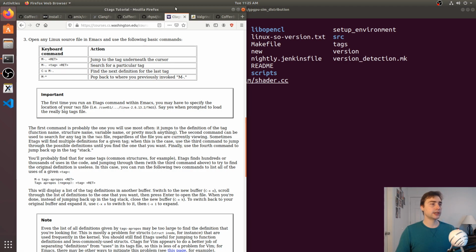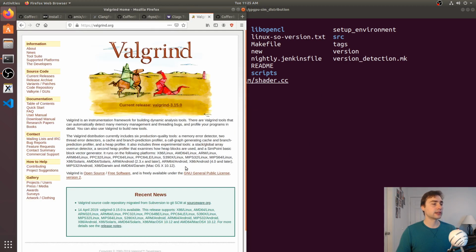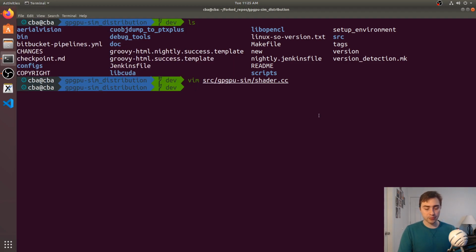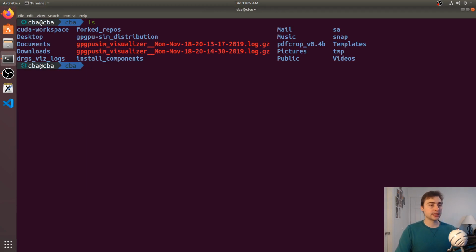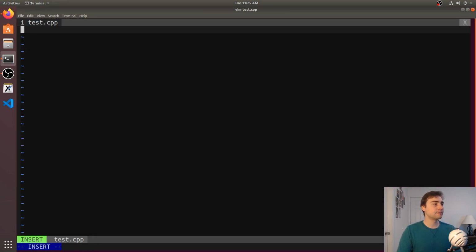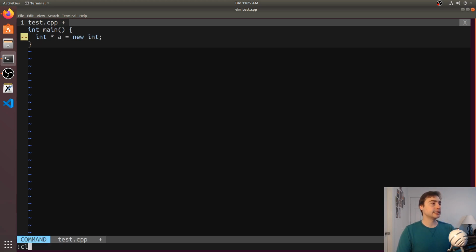So going back to here, another thing that I mentioned was valgrind. Valgrind is great for debugging things, especially related to memory. A quick example of this is if I make a test.cpp. We'll have an int main, and all we'll do is say int pointer a, pointer a is equal to new int. So we just create an int that's dynamically allocated, and then let's go ahead and below that delete it